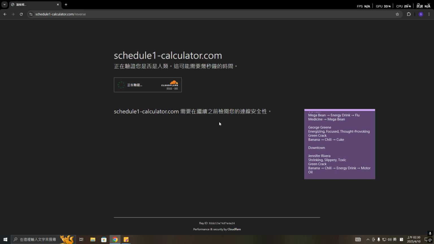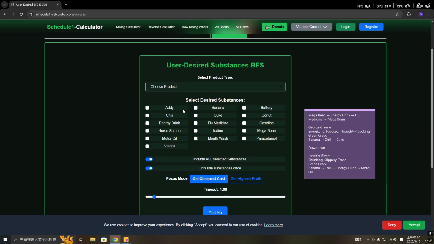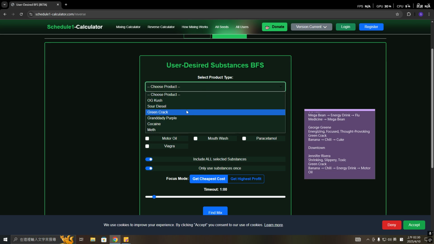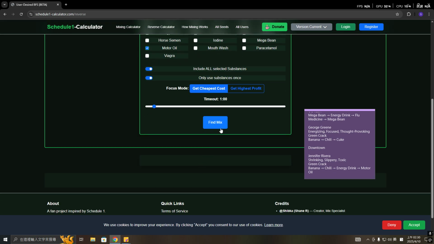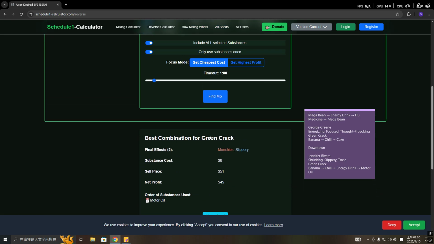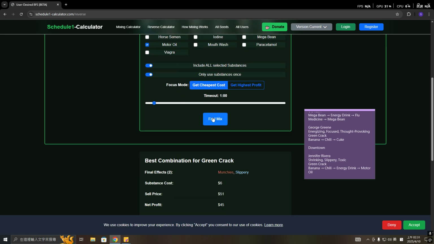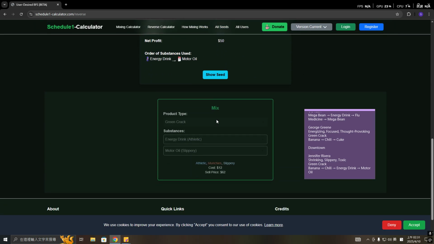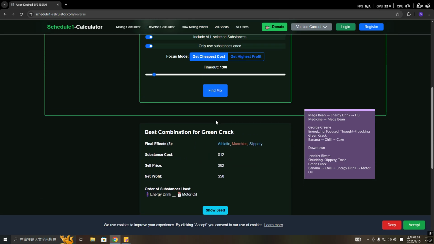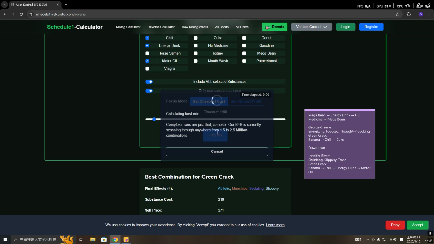Yeah, you can just try that. So simple, we add different things first, and we're also getting different effects. For example, trading green crack, I add more oil, I will get slippery, martinis. Then if you add energy drink up there, you'll get different things. If I add chili up there, see,